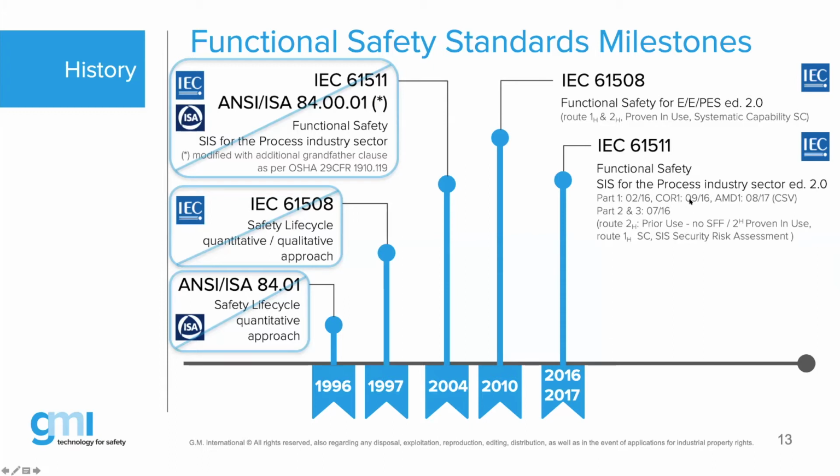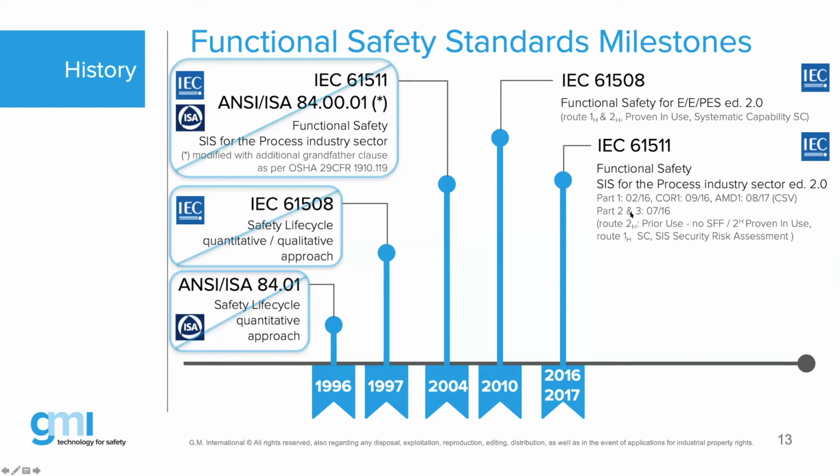That's the one over here. In September 2016 was a corrigendum on the original edition 2 from February 2016. And in August 2017, so almost 3 years ago, we had a consolidated version. That means that's amendment number 1, which goes back to edition 2 with the corrigendum and the amendment. And that is the valid one today that any project should use in order to comply with the IEC